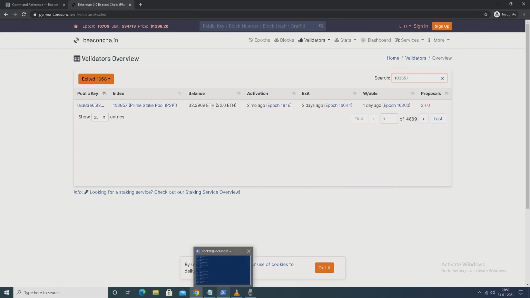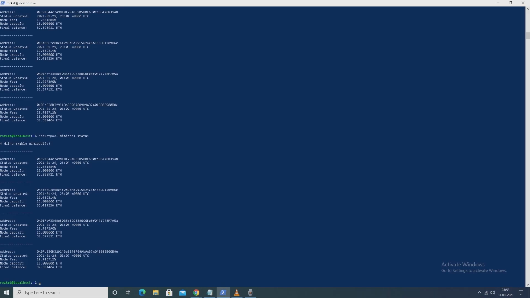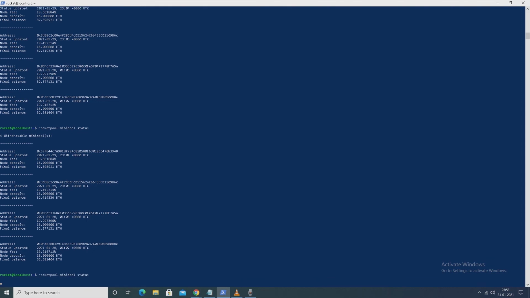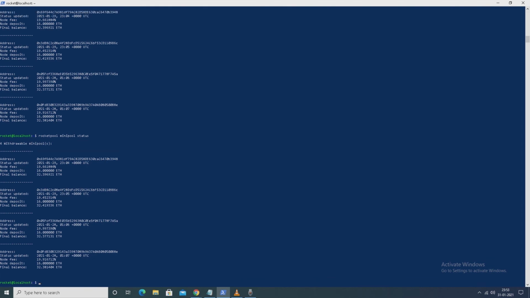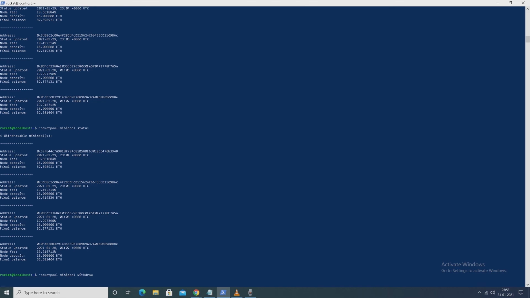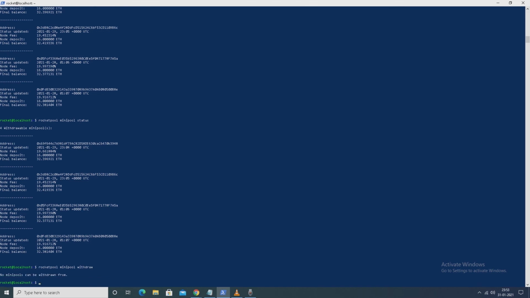So we will check with rocket pool minipool status. So you can see 4 withdrawable minipools. Now rocket pool minipool withdraw, no minipool can be withdrawn. So this command is not actually working, since it's a testnet.